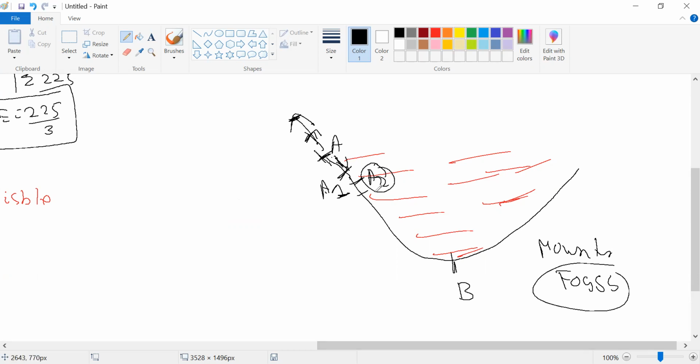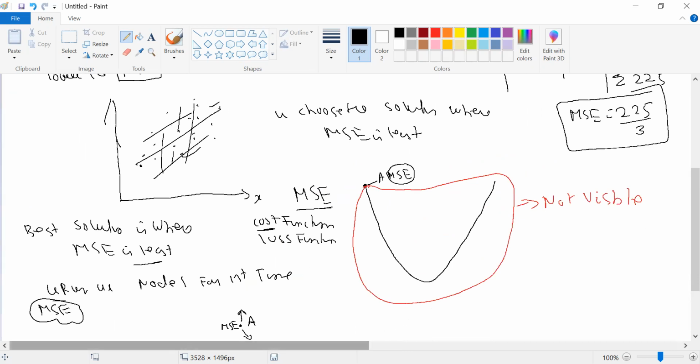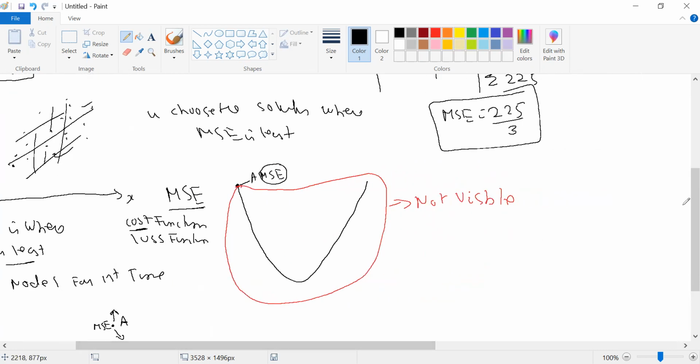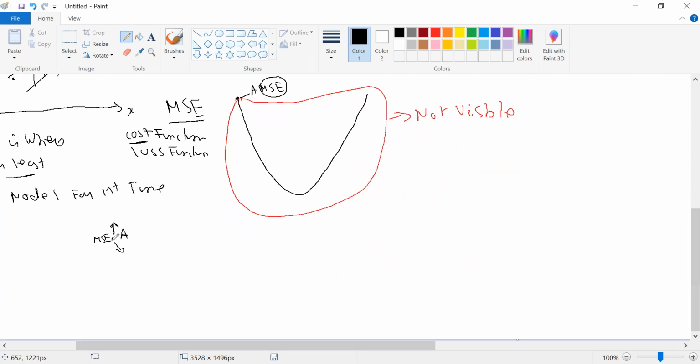So over here I'm measuring the height, but over here I'll measure my MSE. So again, come back to this point. At point number A, you don't know in which direction to travel. So you will use the concept of dy by dx. What is dy by dx? Dy by dx is nothing but your slope, or you can say your gradient. So you take the step towards your A1. At A1, you will measure the slope. And if the slope is decreasing, it means you are in the right direction.